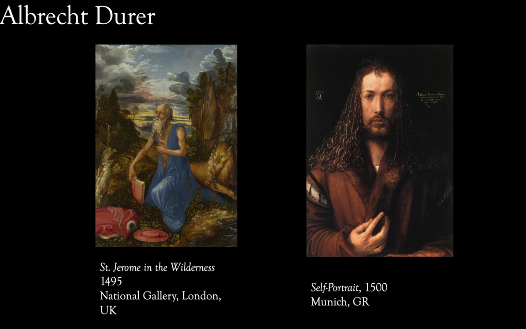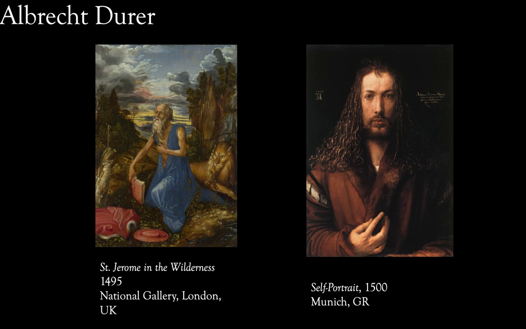Moving on, we have another artist named Albrecht Durer. He was a German painter, and he was a contemporary of many of the major Italian artists like Da Vinci and Raphael, and in fact, he was friends with them, and he studied with some of them. And like the Italian artists, Durer became very famous at an early age. He was very successful, very popular. One of his patrons was the Holy Roman Emperor at the time.